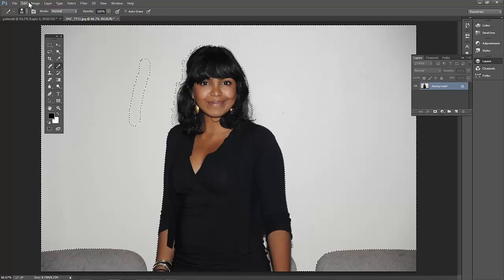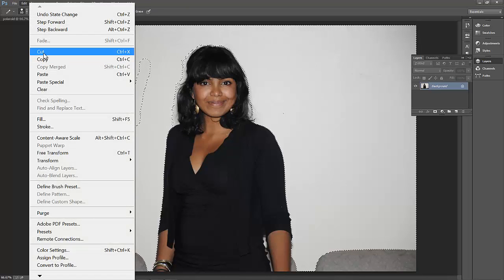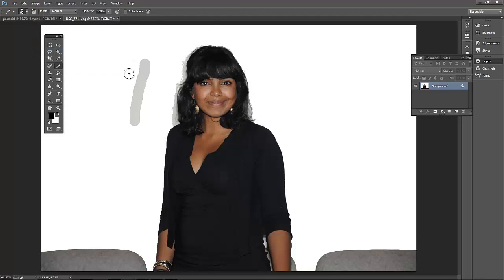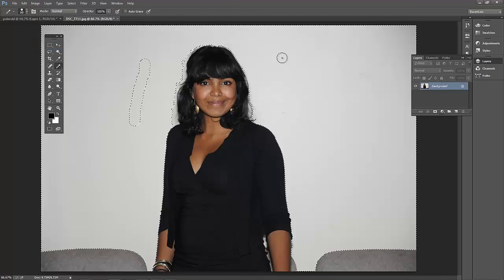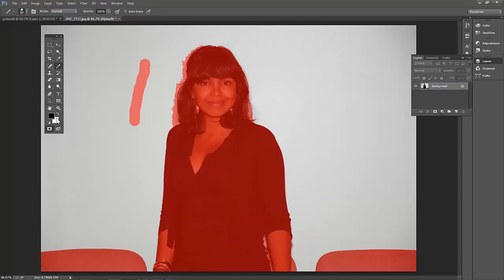And you would just go Edit, Cut, or use the quick key Control X, like I just did. It's going to cut. So basically what the quick mask is doing is offering me an area to select so that I can remove it, so I can cut it out. I'm just going to go back into quick mask mode, and white does the opposite. It kind of allows you to fill in